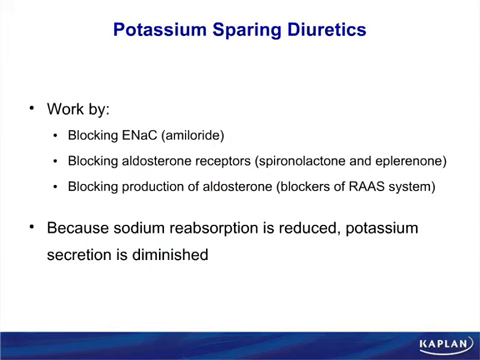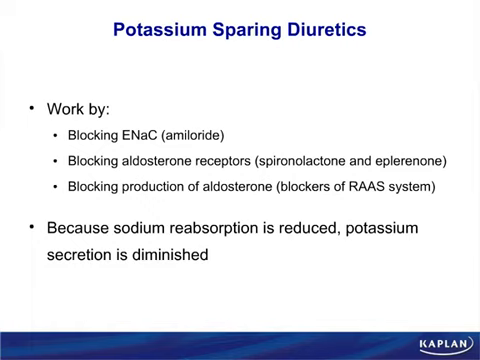So the potassium-sparing diuretics. Some work by blocking the epithelial sodium channels, like amiloride. Some work by directly blocking aldosterone receptors. So spironolactone and eplerenone work by directly blocking the aldosterone receptors. Eplerenone is more specific for the aldosterone receptors than spironolactone. Spironolactone will block other androgen receptors as well as